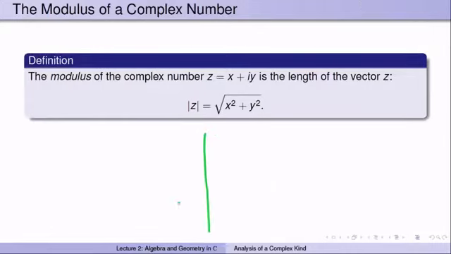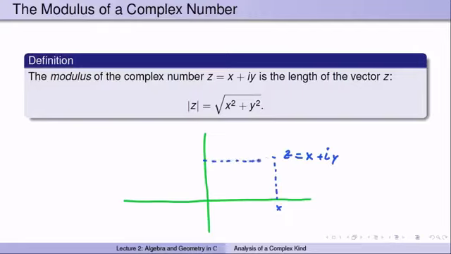So again, if I draw my complex plane, and suppose I have a point z equals x plus iy, then this is the x-coordinate, and here's the y-coordinate, and suppose I'm asking how far z is from the origin. So I'm asking for this length right there. How long is that? I'm going to call that length the modulus of z. Well, I can see there's a right triangle right here. And in order to find the length of the hypotenuse in that right triangle, all I need to do is